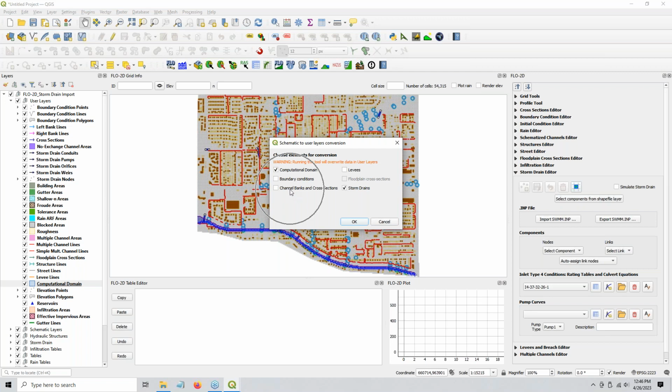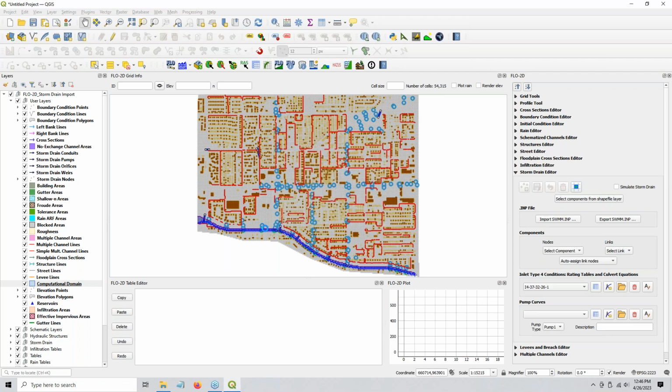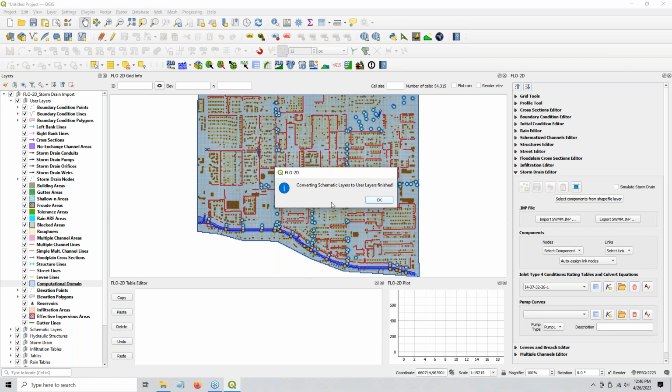Don't ever do channels. Don't do boundary conditions unless you plan on editing them. And don't do levees because it will just give you these little fractionated levee segments, not your original levee lines. If you wanted to rebuild this project, you might want to go grab those original levee lines from the other project and put them back in. But the levees are good to have in here because,